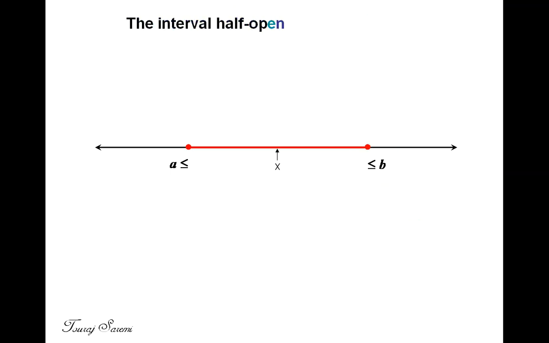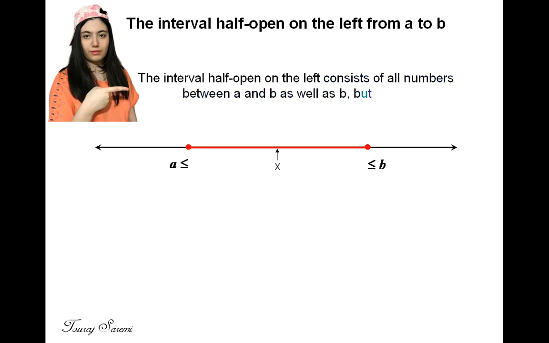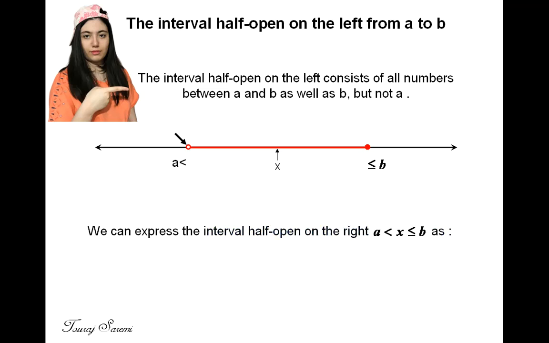The interval half open on the left from a to b. The interval half open on the left consists of all numbers between a and b as well as b, but not a. We can express the interval half open on the left from a to b as